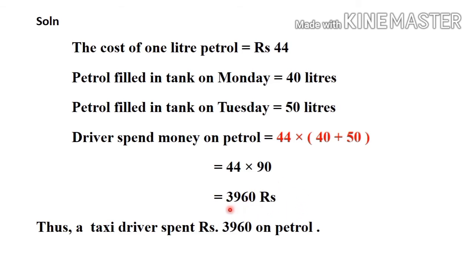So another way how you can calculate, you want to multiply 44 into 40, then plus 44 into 50. You can do the calculation in that manner also, but this is the easy method. Here what is this form? A into B plus C. Easy method, right? Just first you do the calculation which is inside the bracket, add it up and write. Then you want to multiply with the number which is outside the bracket. So you can do 44 into 40 plus 44 into 50. It takes a long step. The calculation becomes bigger.